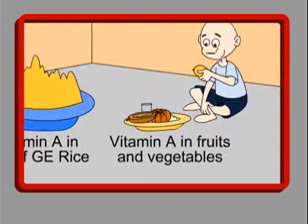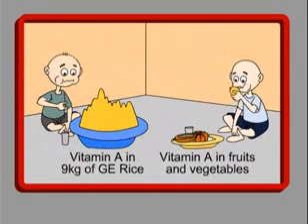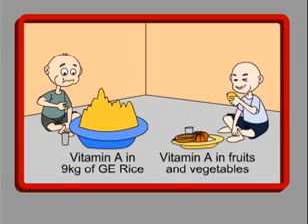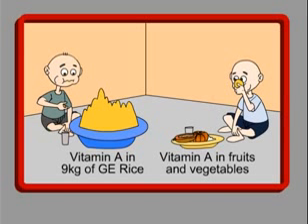But it has been estimated that a person would have to eat about 9 kilograms of golden rice to get her daily supply of vitamin A. We have enough sources of vitamin A in the world, for example, from fruits and vegetables. Those who suffer from night blindness caused by vitamin A deficiency are often the poor, who have no access to